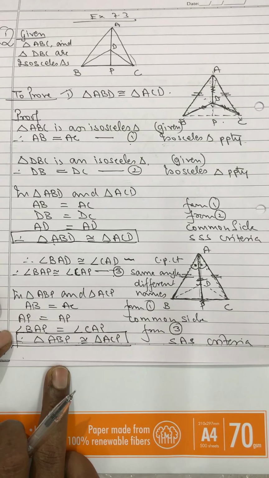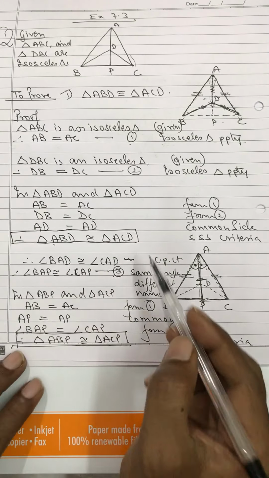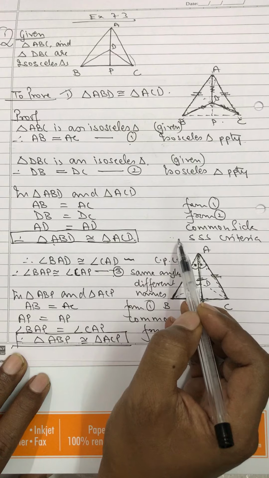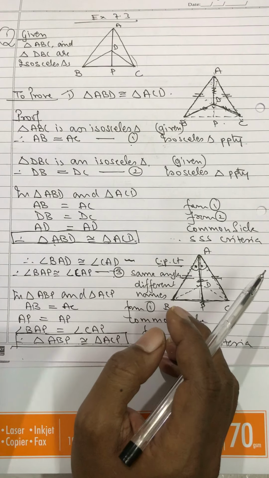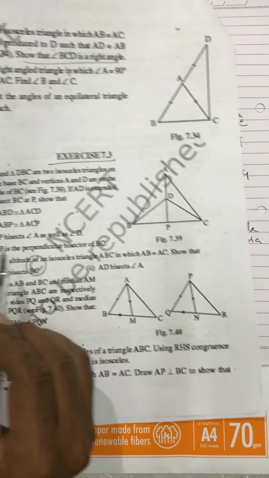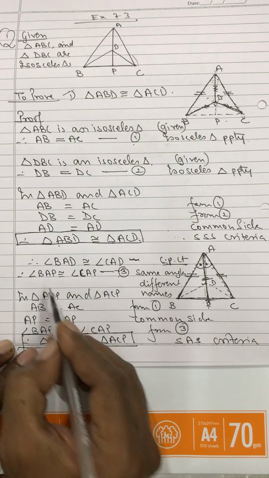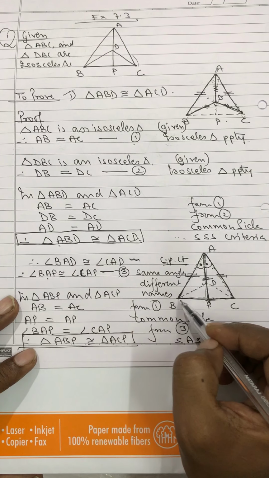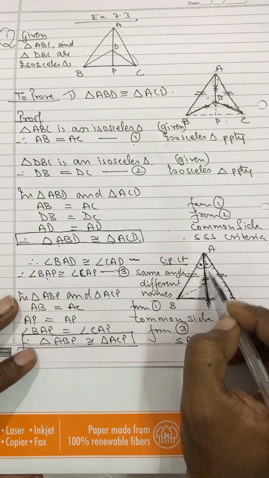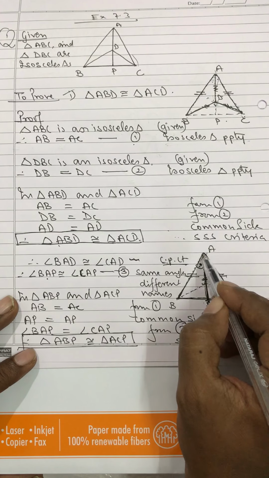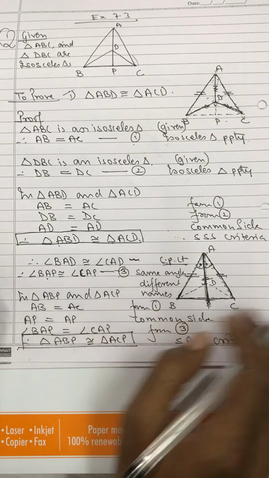But before going to the third question, we have to see whether this we can use, like how we used over here. After proving these two triangles congruent, I have used CPCT. Do I need to use any other CPCT? But for that, what do I require? So here AP bisects angle A. This we have already proved over here. See, because angle BAP is congruent to angle CAP, that means these two angles are congruent. That means AP is cutting them into two equal angles. That means AP is bisecting. So I will have to write this again.